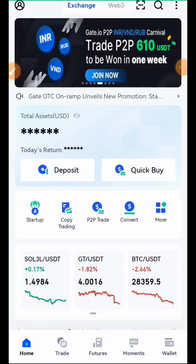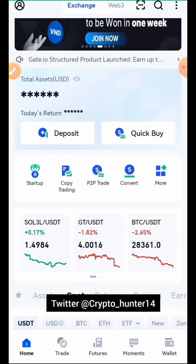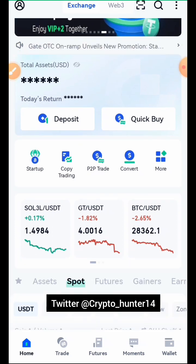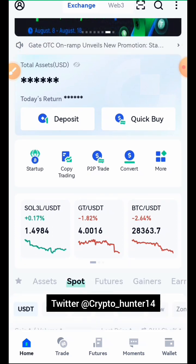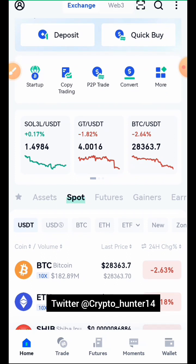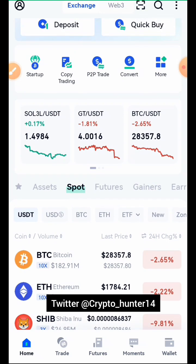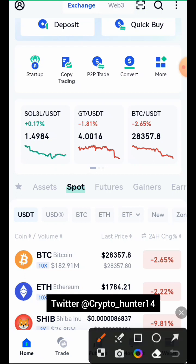You need to watch out for what is coming up in Bitcoin, because Bitcoin has been making a big move right now. Bitcoin is currently making a big move that you need to pay attention to, right? And this will cause other cryptocurrencies to face a fall in their price. So currently, Bitcoin is selling at the rate of